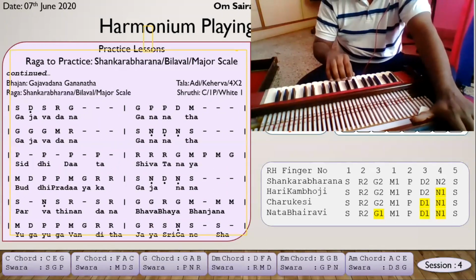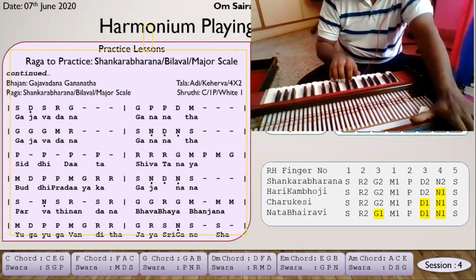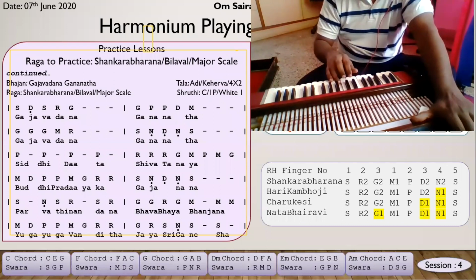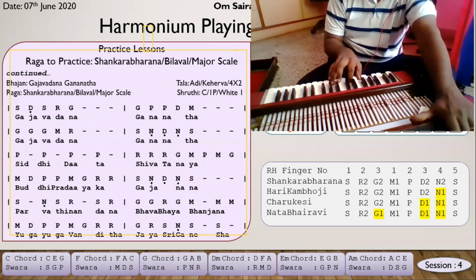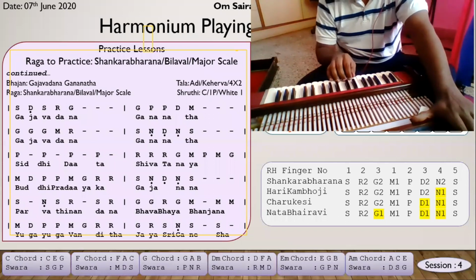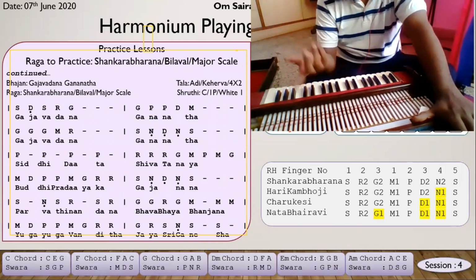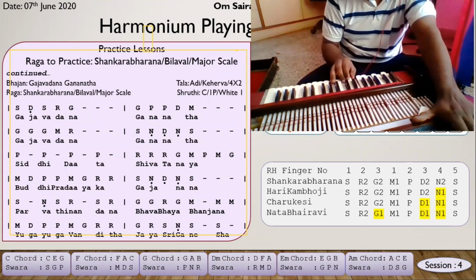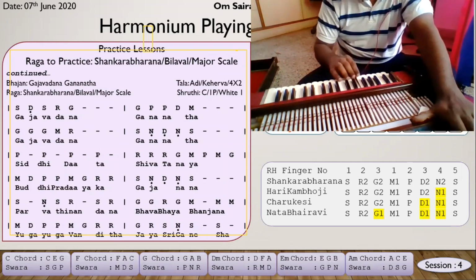So again, we'll play. Ga ga ga ma. Along with the three, I'm playing the chord. Then sa ni da ni sa. So for sa, you can use either madasa or sagapa, because sa is there in the madasa chord and also the sagapa chord. So you can take a reference. It is just your feel. You can give both. So I'll play both and show you.